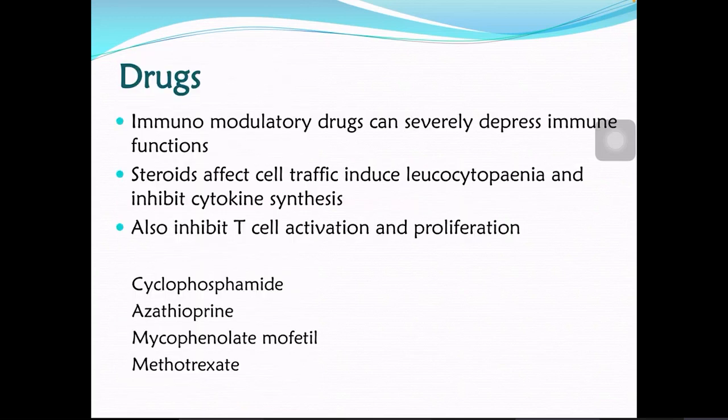We know that we use multiple drugs for various disorders, and the drugs themselves can cause a secondary immune deficiency. One of the well-known drugs to cause secondary immunodeficiency are steroids, because they usually affect cell traffic, they induce a leukocytopenia, and they inhibit the synthesis of cytokines. And they can also inhibit T cell activation and proliferation. We use large amounts of corticosteroids for various illnesses, some of the chronic nephrotics, and patients with the connective tissue disorders are on